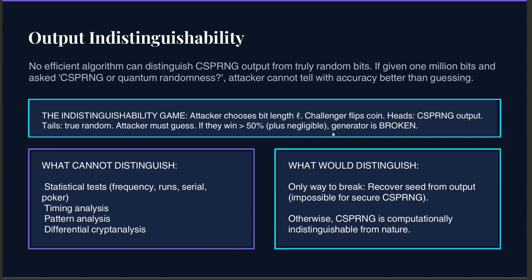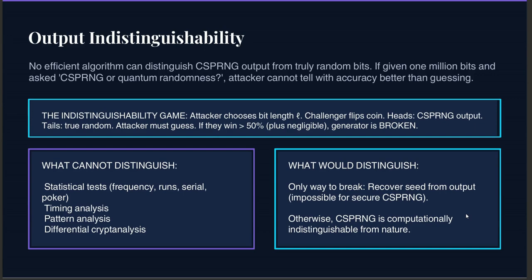Now this concept is deeper than its first appearance. The attacker may use statistical analysis, machine learning, timing analysis, pattern detection, AI models, differential cryptanalysis, hardware analysis, yet none of the above helps. This is the meaning of computationally indistinguishable. To a very efficient attacker, the sequence should appear truly random. Now look at the slide carefully. The only theoretical way to distinguish output would be recovering the secret seed or the internal state, and secure CSPRNGs are especially designed so that this becomes computationally infeasible.